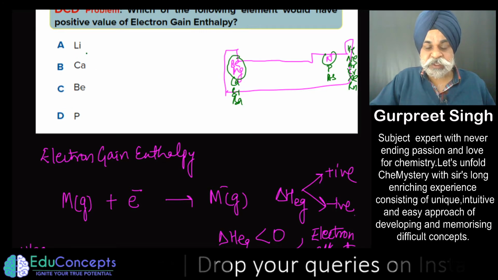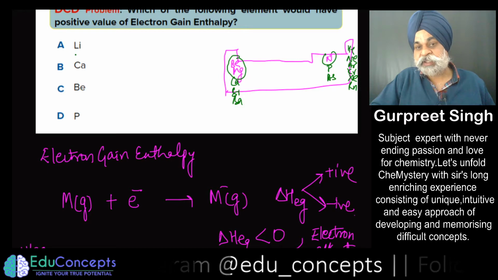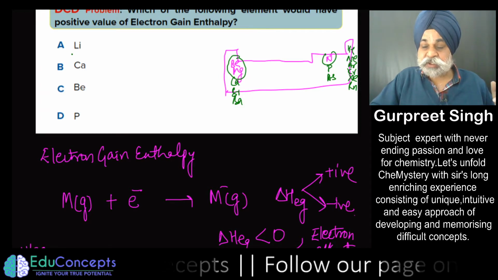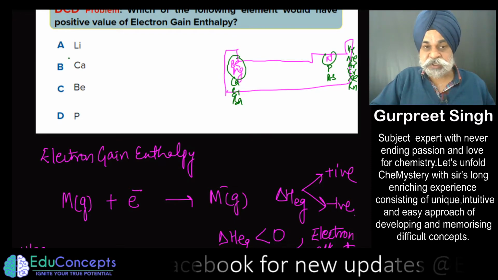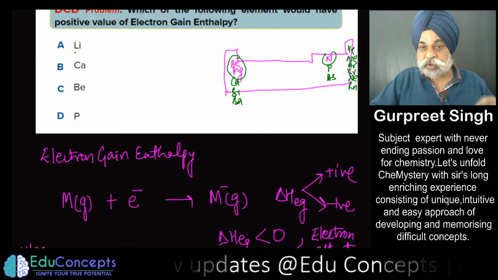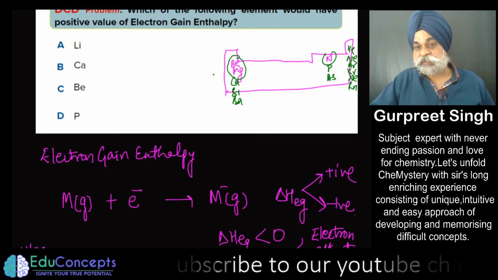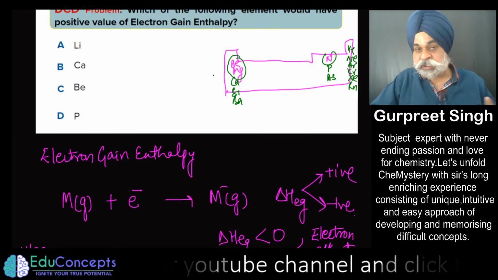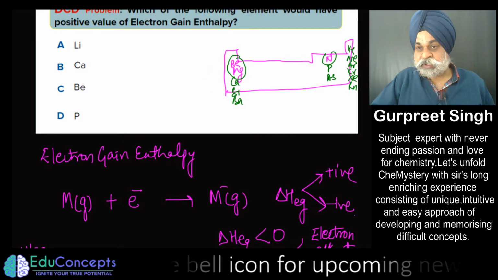So best out of this, at times people say that metals would not have positive electron gain enthalpy. Metals would not like to gain electrons and would not release energy. So make sure that all the elements in the periodic table, when taken in gaseous state, except beryllium, magnesium, nitrogen, and noble gases, all would have negative electron gain enthalpy. So this is one question.